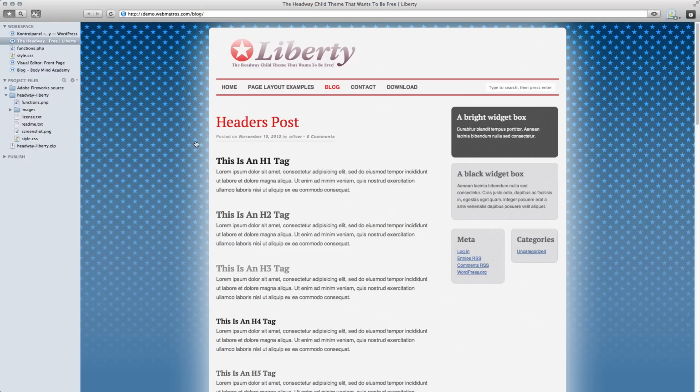I would like to show you the difference between a Headway child theme and a Headway skin, because there is a notable difference, and I believe that Headway skins are the way forward. Headway skins was introduced in Headway version 3.4, I think.